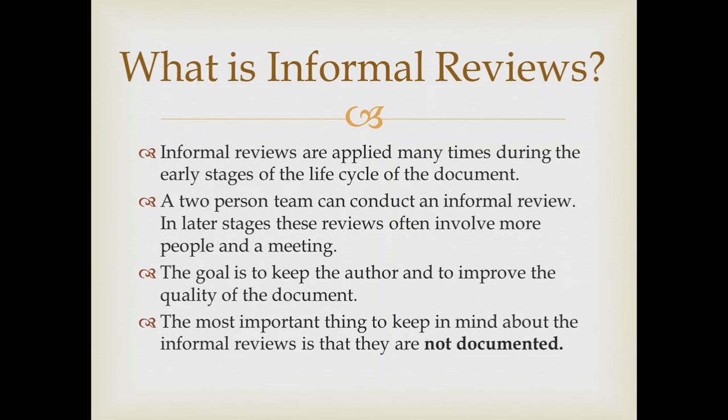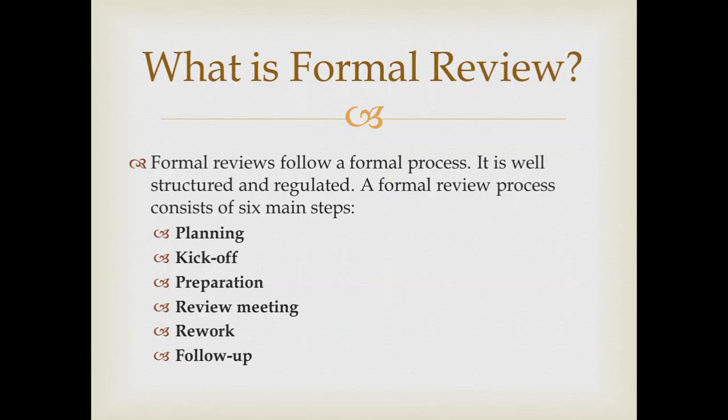Next, you move on to the formal review. As I said, for the formal review we had three types, and it will start from less formal to more formal. A formal process has these 6 things to be taken care of: planning, kickoff, preparation, review meeting, rework and follow up. So this is well planned. Informal review is not planned. You just create a document, send it to your friend or peer, and get it reviewed. But formal review is well planned, and all these 6 phases take place.